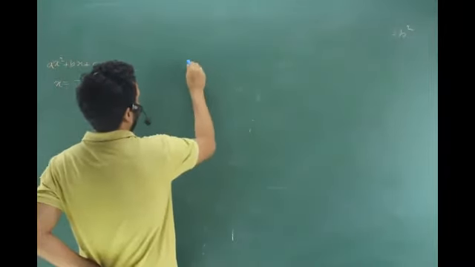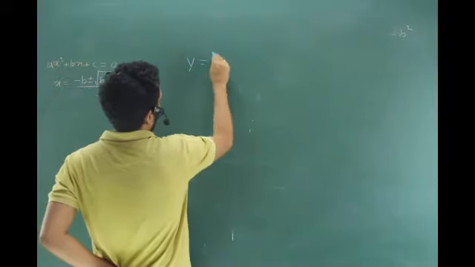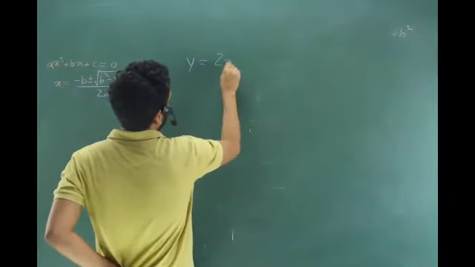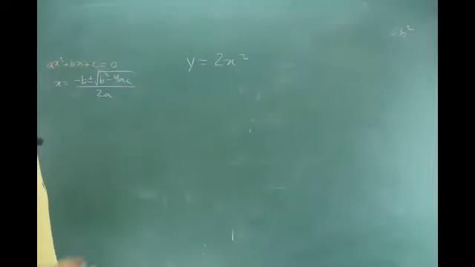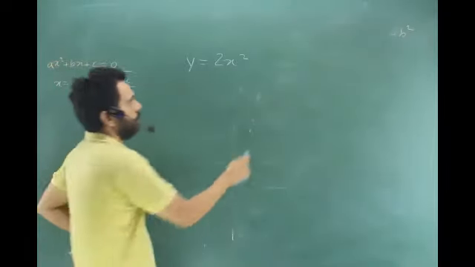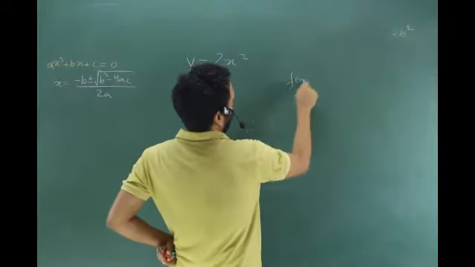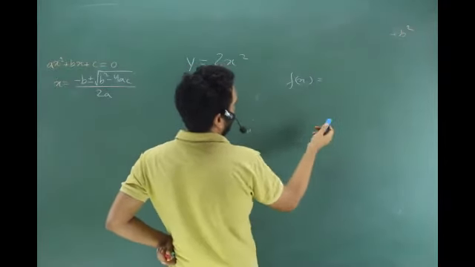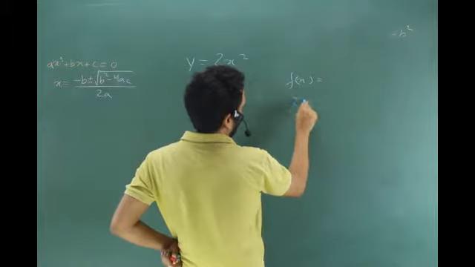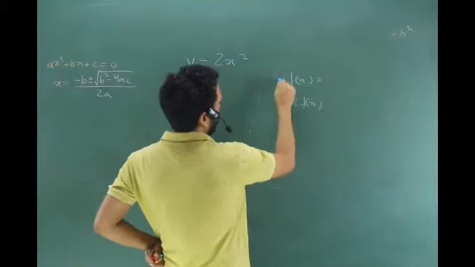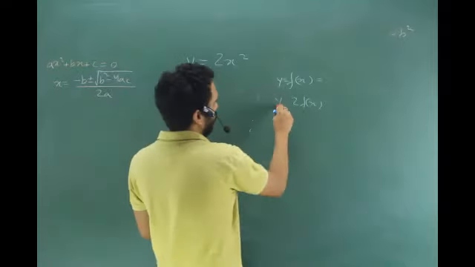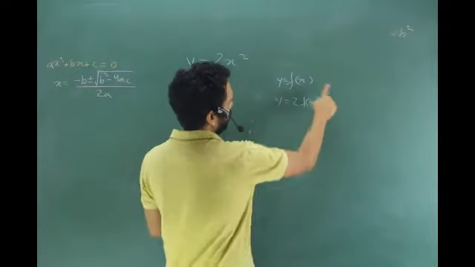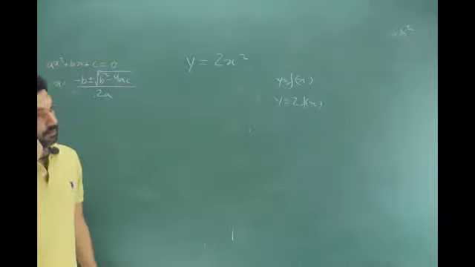Before I give you the question, can you tell me how will this be drawn? How will this look like? Using your concept of graph, draw the y equals x square graph. If fx is known, what is twice of fx? This is what we have done earlier. If y is equal to fx is known, then what is y is equal to twice of fx? So it is graph vertically stretched by 2.